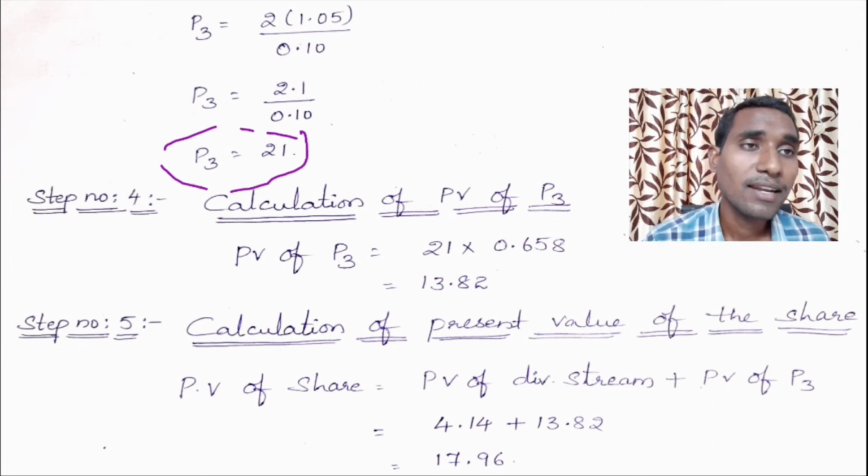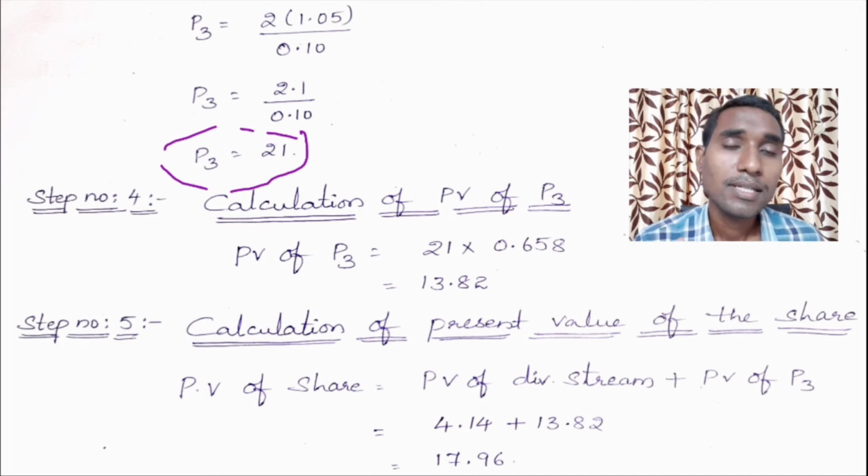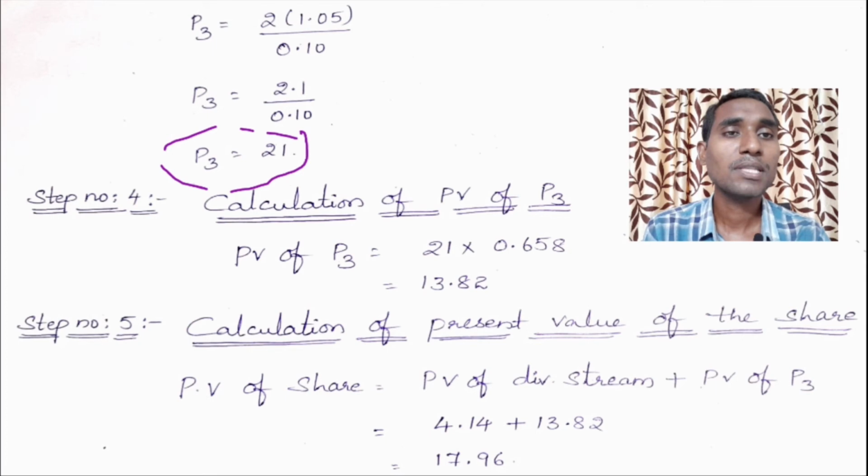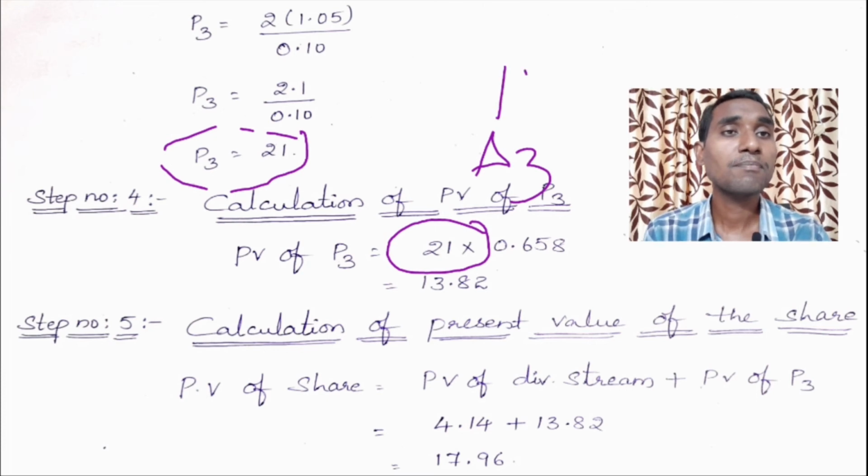See, the first step is you have calculated the dividend streams. In the second step you have found out the present value of the dividend streams. Third step you have calculated the price at the end of the supernormal growth period, or at the end of the P3. Then in the fourth step you need to calculate the present value of P3. So the PV of P3 is you need to take the P3 value into the present value interest factor. That is again by seeing the A3 table. You need to see the A3 table at 15% because KE is 15%. By seeing A3 table 15% for 3 years,